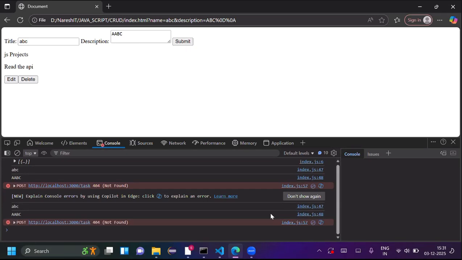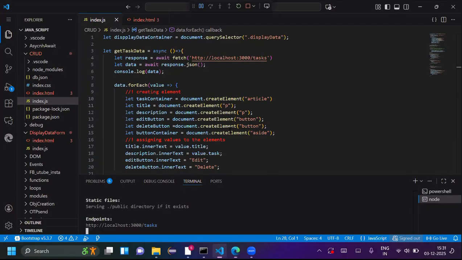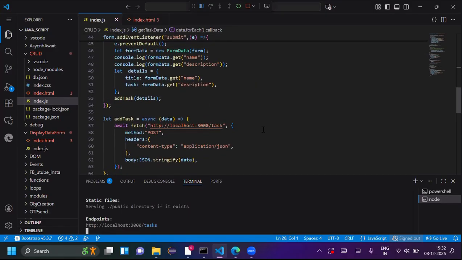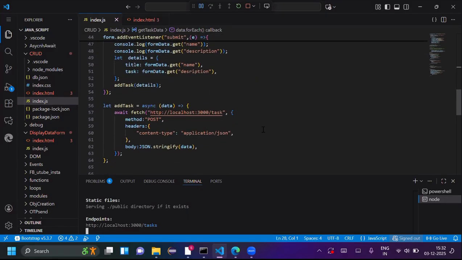Go for the line number 57. Go for the form submit. Okay, add task details properly. हाँ, सही तो कर रहे हो।